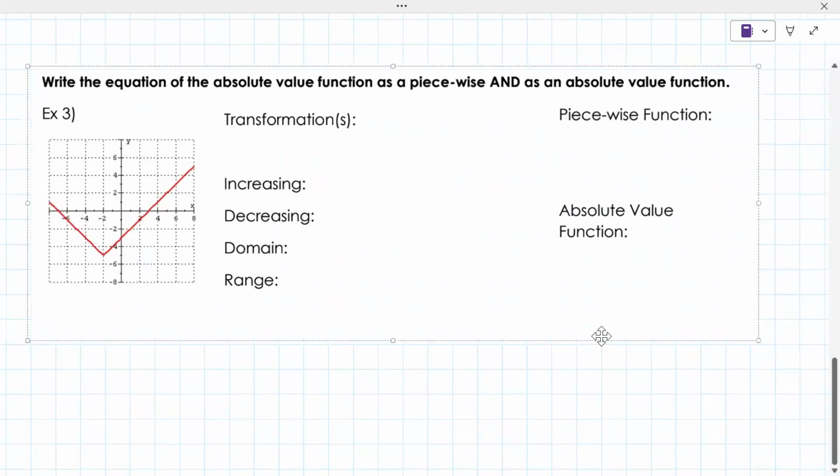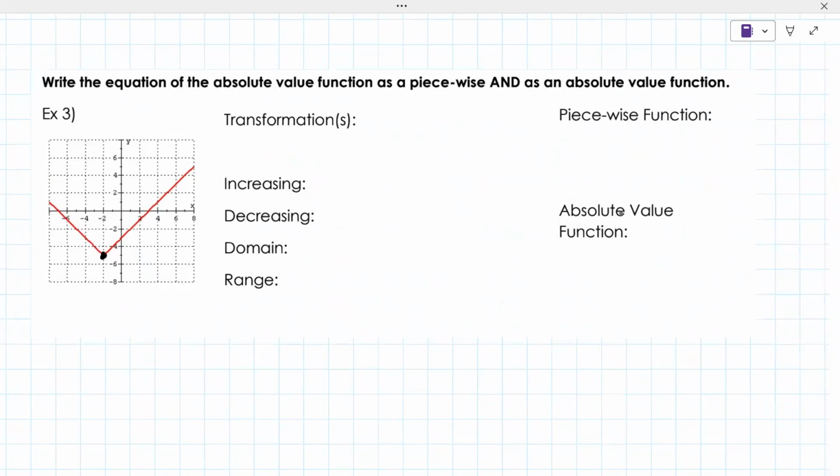All right, write the equation. Okay, so now we're going backwards, and it's easiest to first try to write the function, and you do that by first determining the vertex. So could you give me the coordinates of the vertex there, please? The coordinates of the vertex would be